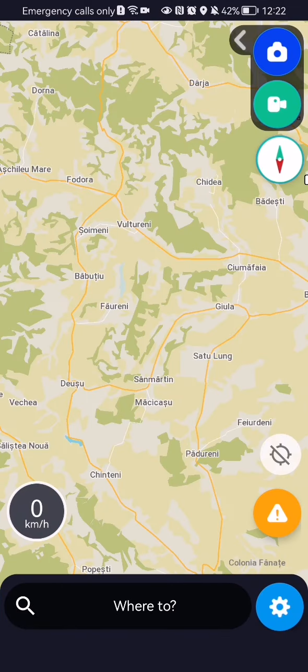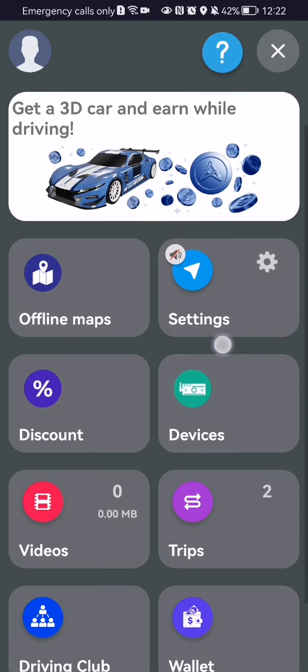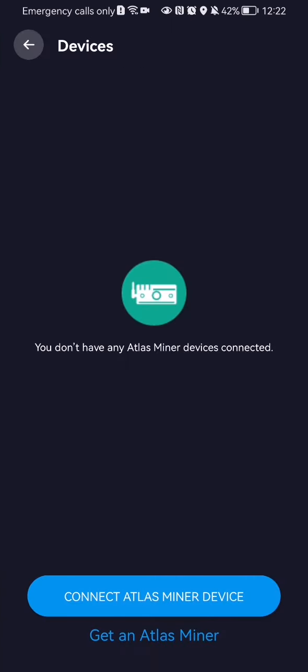Once that is done, you should look at the bottom right corner and there you will see a settings symbol. Press on it. And here you can see the fourth option in the page, which is devices. Press on it. And here you can connect an Atlas Miner device, and in this page it will be shown